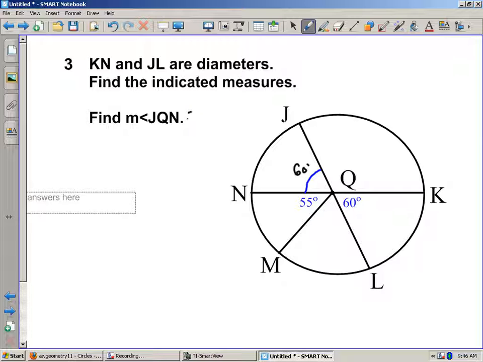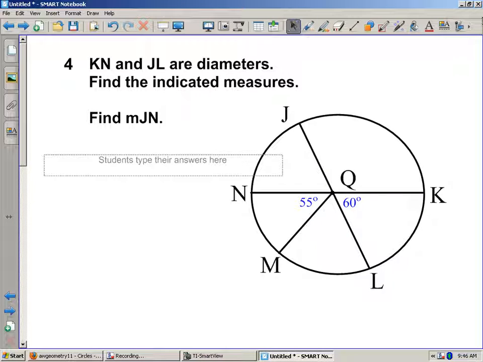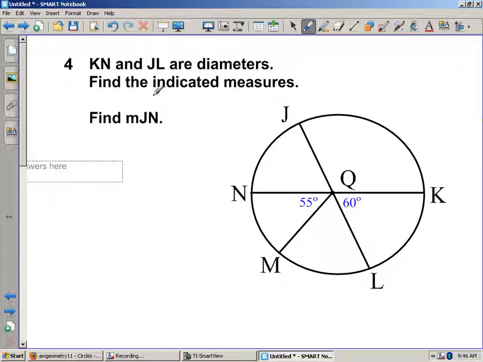So now we're asking for what is the measure of arc JN. And so we're looking for this arc right here. We just said this angle is 60 degrees from the previous problem. So since the central angle is 60 degrees, what's the measure of the arc? Well, hopefully you can see it's also 60 degrees. Now we're going to find the measure